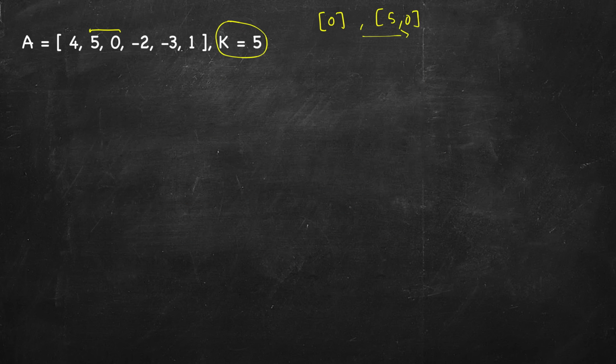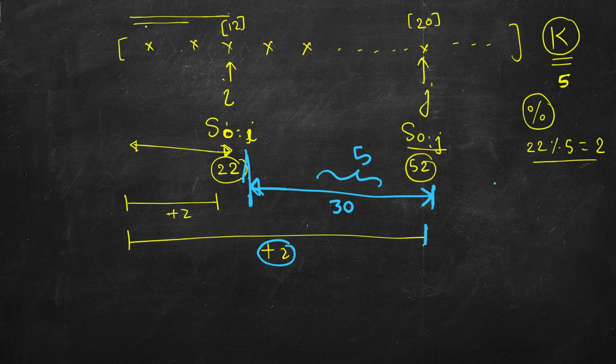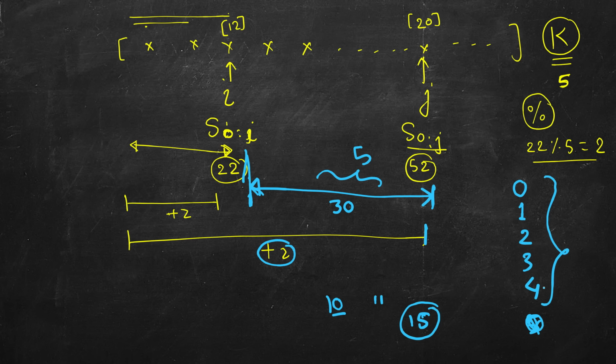So what we will do is start from the beginning and keep track of the running sum. We will do just one pass of this array and not two. And what can be the maximum number of these remainders? Either it's completely divisible by 5, in which case the remainder will be 0, or there can be 1 extra, 2 extra, 3 extra, 4 extra. There cannot be 5 extra. For example, if 10 is divisible, 11 has 1 extra, 12 has 2, 13 has 3, 14 has 4 extra, but 15 does not have 5 extra. It becomes again divisible by 5. So we can have only 5 values, or in general, at most k values. In this case, k was 5.